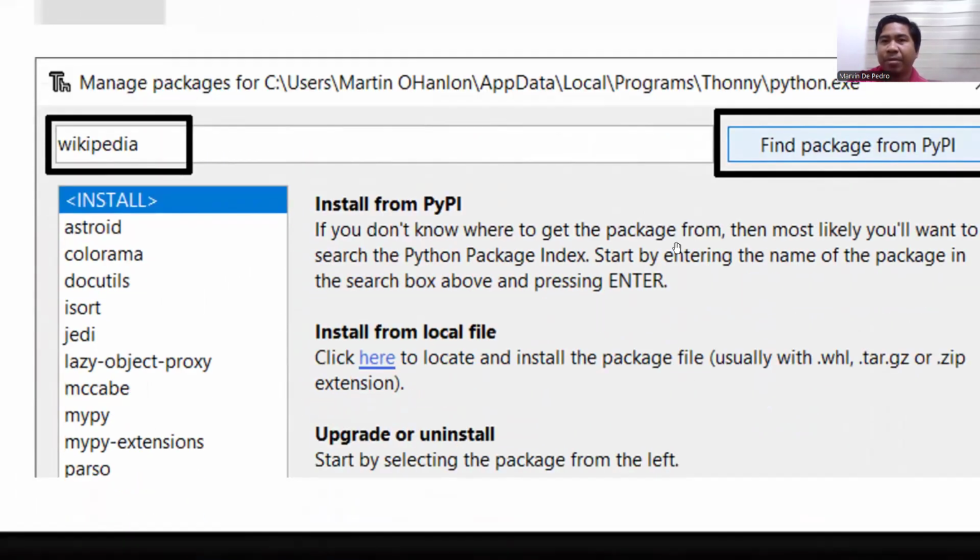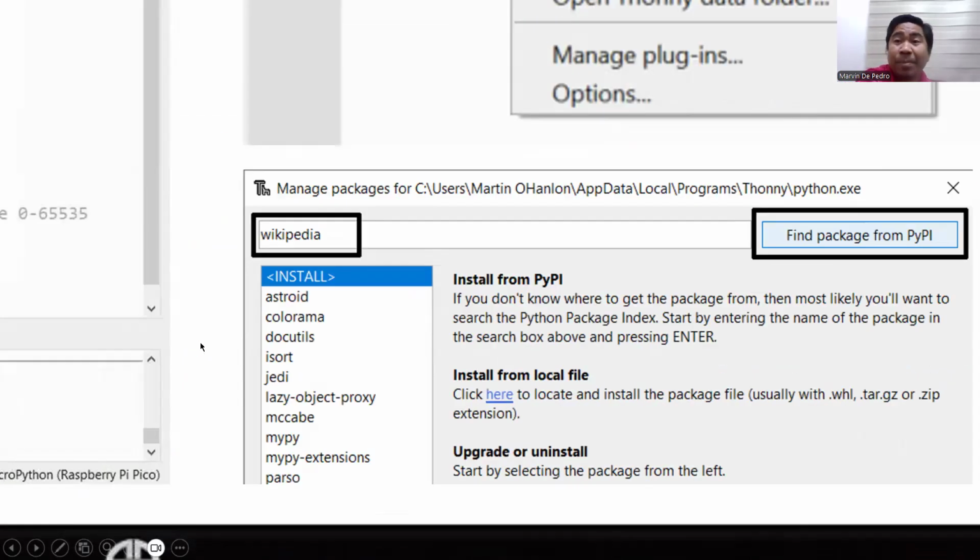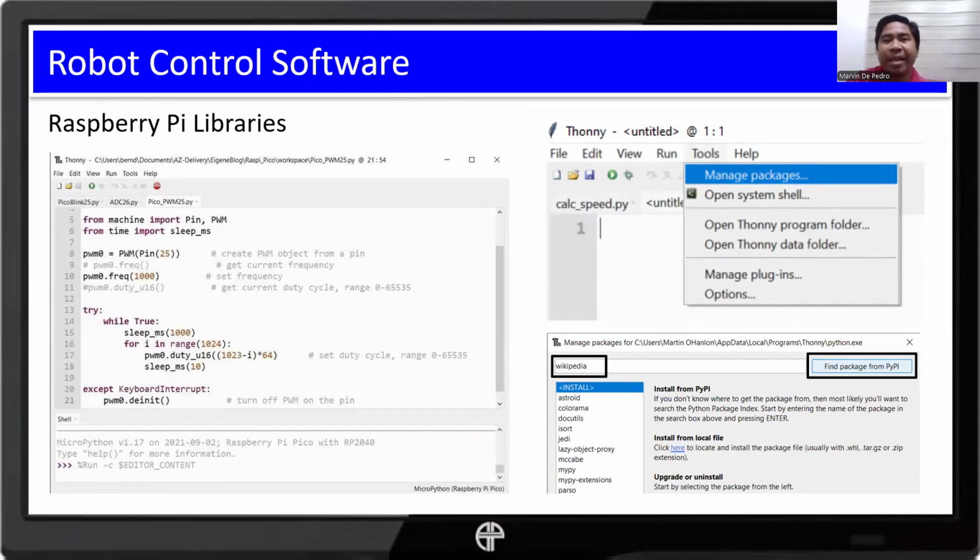As long as you're online, you can find packages from PyPI. We have a lot of libraries to choose from. And again, just like in C, when you are doing a robotic system project, you can check the libraries that are available and check which one is appropriate for your project.